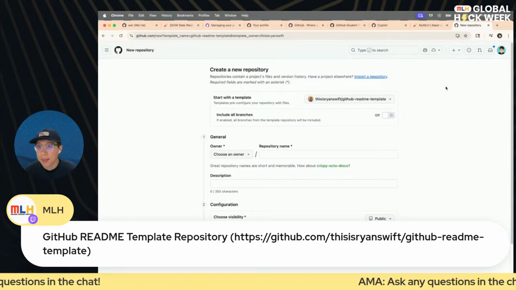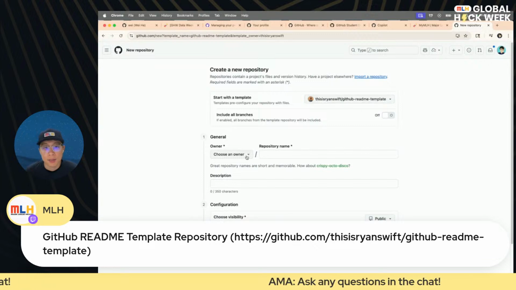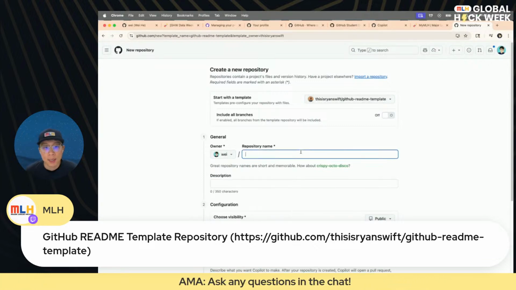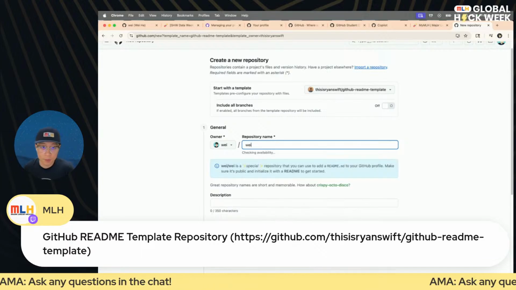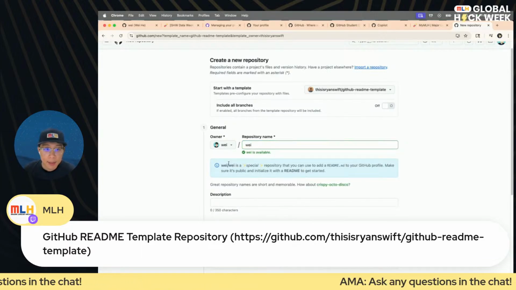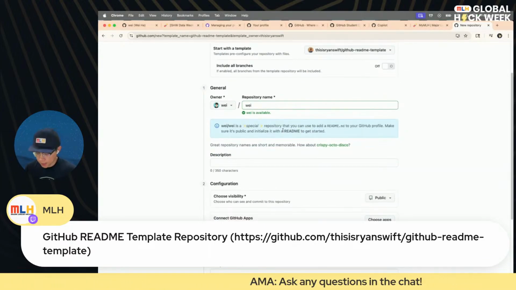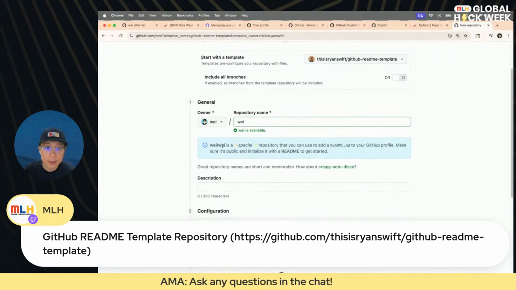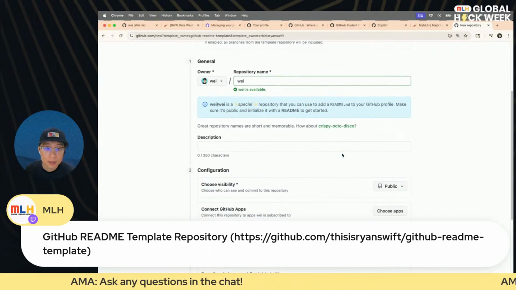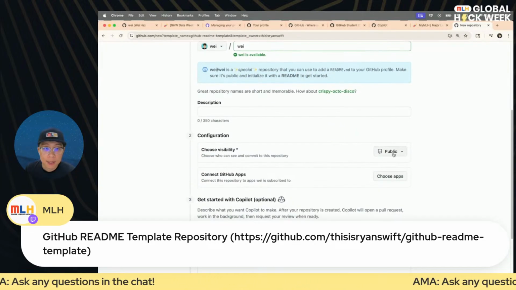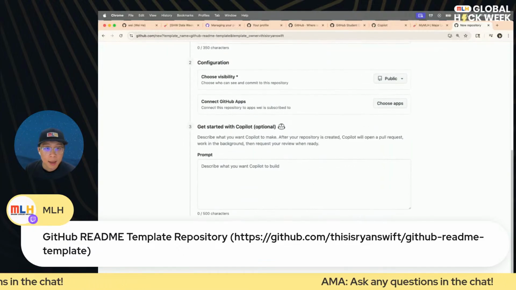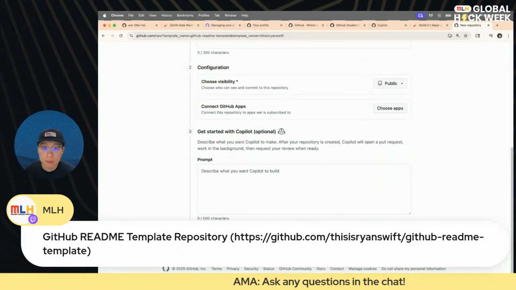Just keep in mind that this repository name has to be exactly the same as my username. In this case, it will be Wei. And here's a little tooltip from GitHub telling us what this repository means. Public sounds great to me, and we're going to click Create repository.